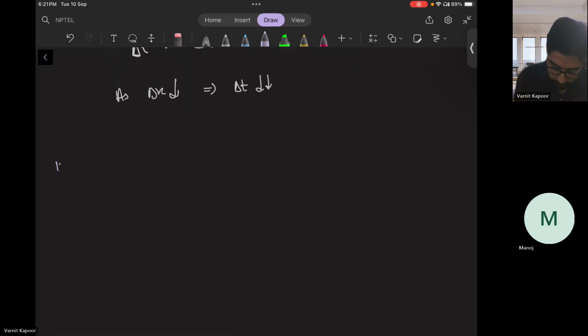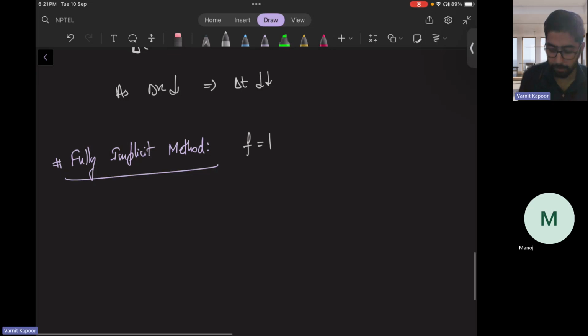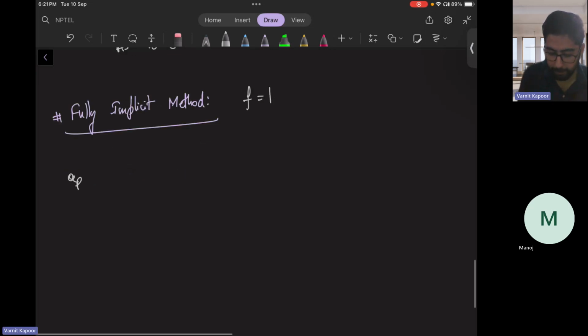Next case, fully implicit method, where your f will be equal to 1. Equal to 1. If you put back that f in that equation, you will get the equation with f as 1,